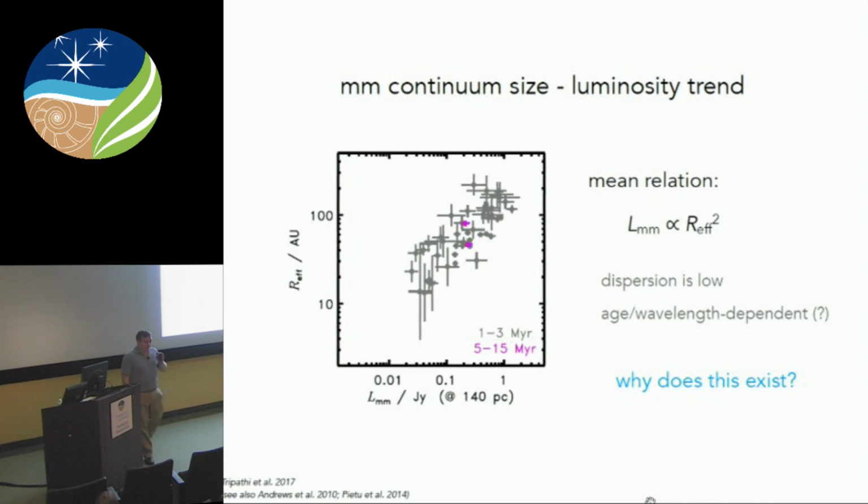But this actually gives you a first look back at the migration problem, because you have some estimate of the size of the emission, and that size of the emission is telling you something about the spatial distribution of those millimeter pebbles in the disk. So this is the first thing we have related to the migration of solids.